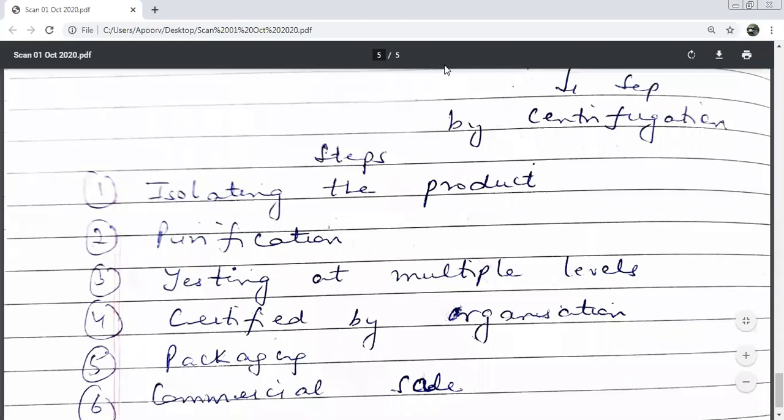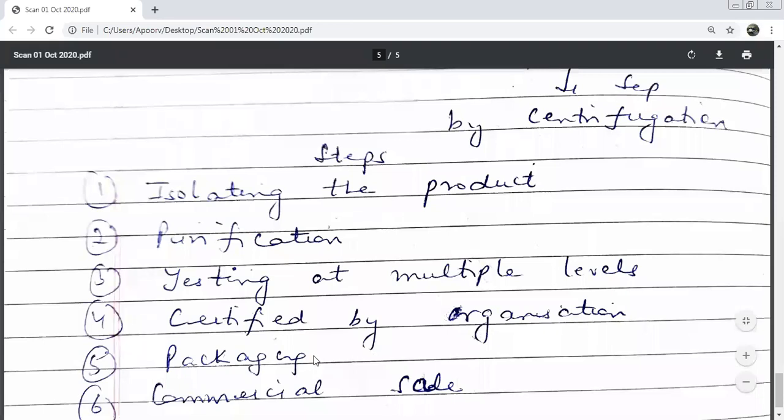Yes. So until and unless ICMR certifies, nobody can sell any medicine in the market. So that Coronil or whatever name it had, that Patanjali medicine, there was a lot of hue and cry for this reason only, that he cannot sell it in the market. He had done a press conference directly to launch the medicine. So this was criticized, and he was even questioned how can you do this, because it was not certified by ICMR. So any country has its own organizations. So we'll say certified by organization. In India, it is ICMR.